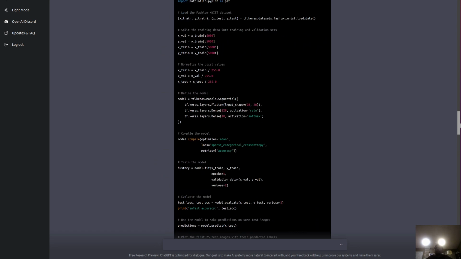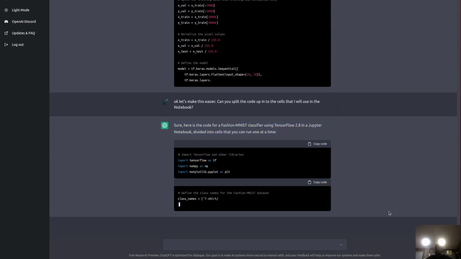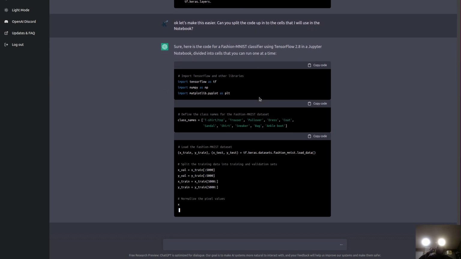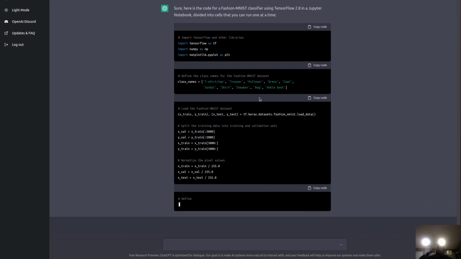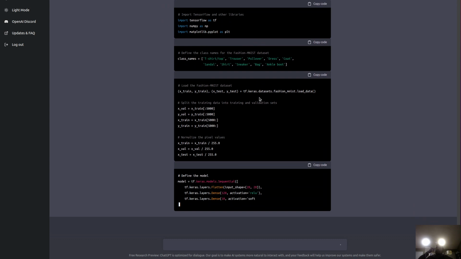Yeah, right here. I mean, I should be able to just copy that class of theirs. Sure, here's the code classifier, divided into cells that you can run one at a time. Yeah, and maybe just by breaking it up a bit, maybe it'll stop getting frozen.